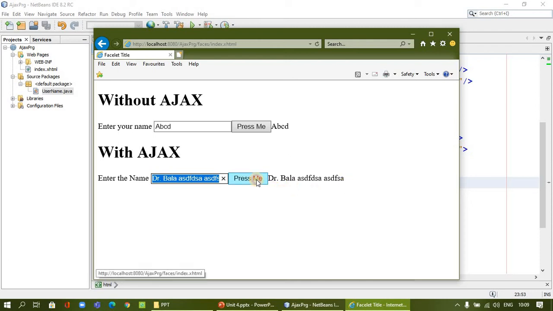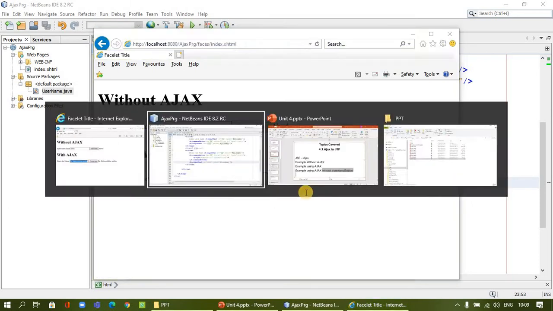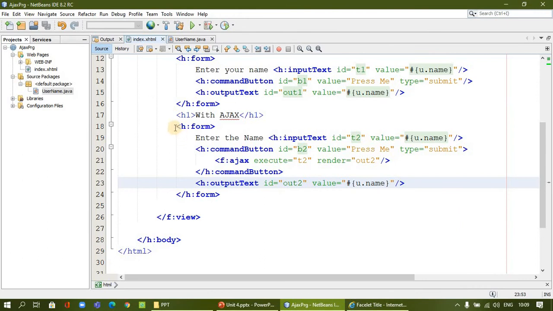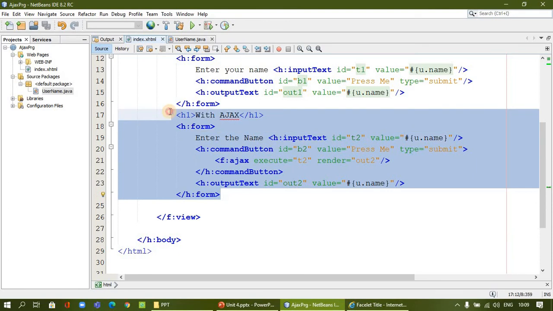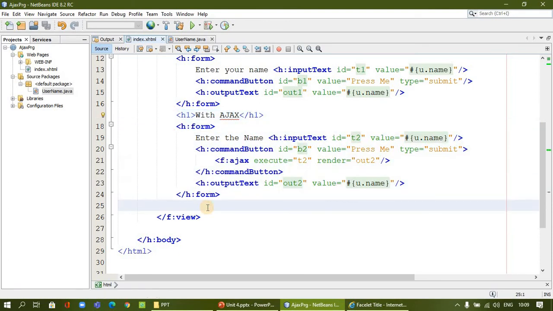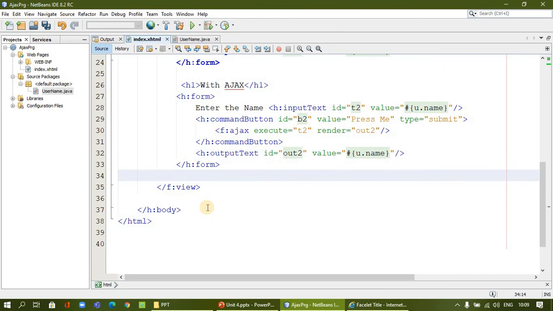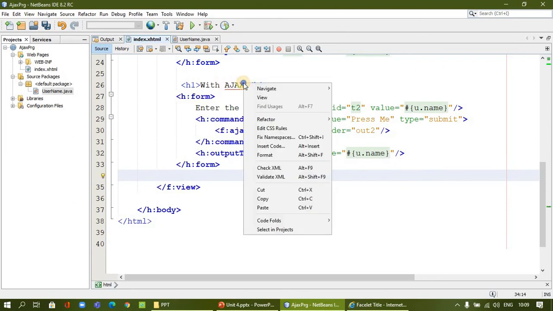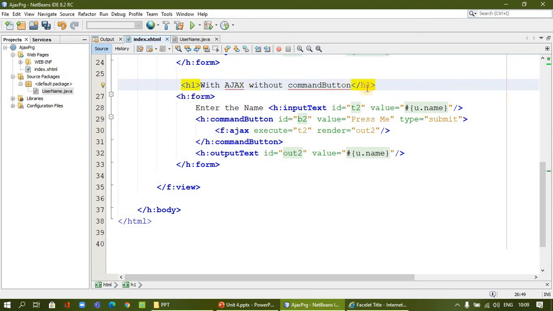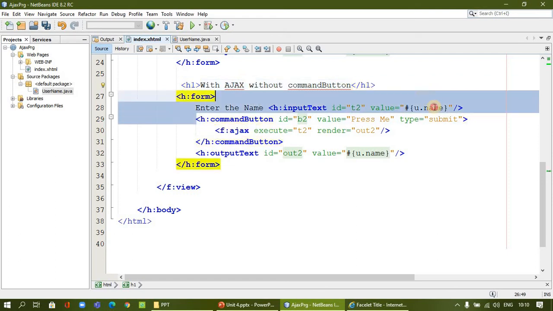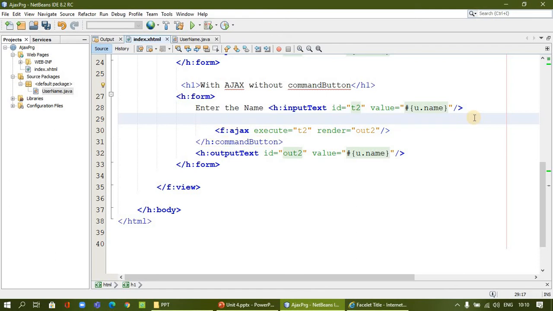So this I did by pressing the button. I will show that without pressing the button also we can work. The same like previous, I'll copy from the heading also and just remove the button. So this is Ajax without button, because I'm going to work without the command button.